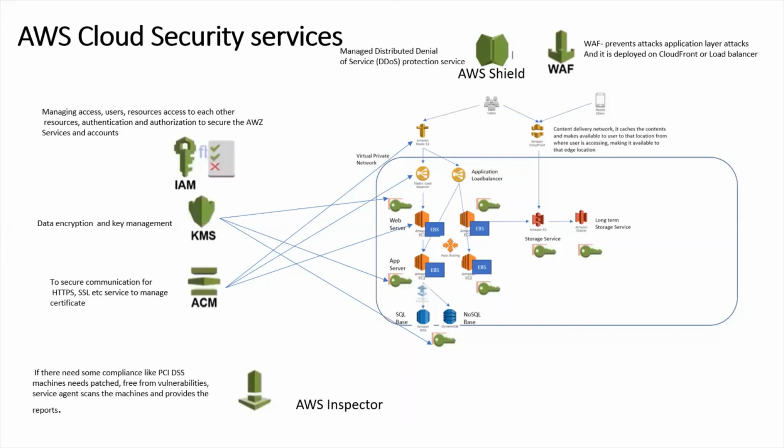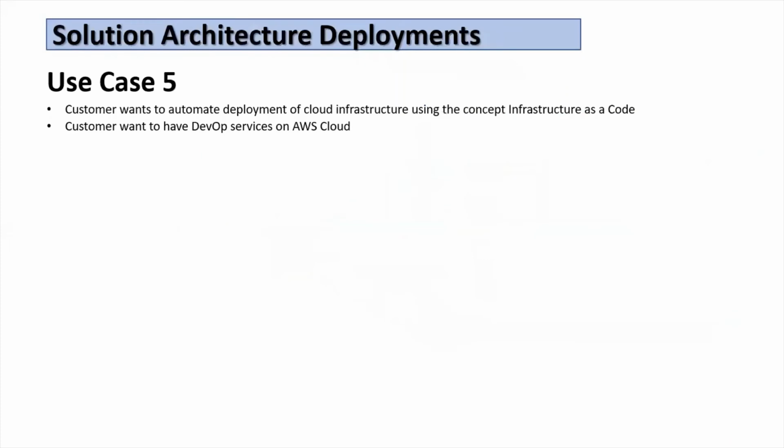So that's how we are using different AWS services to secure infrastructure on the cloud, and it's very important to secure the environment against attacks. So moving to the next use case. So in this use case,